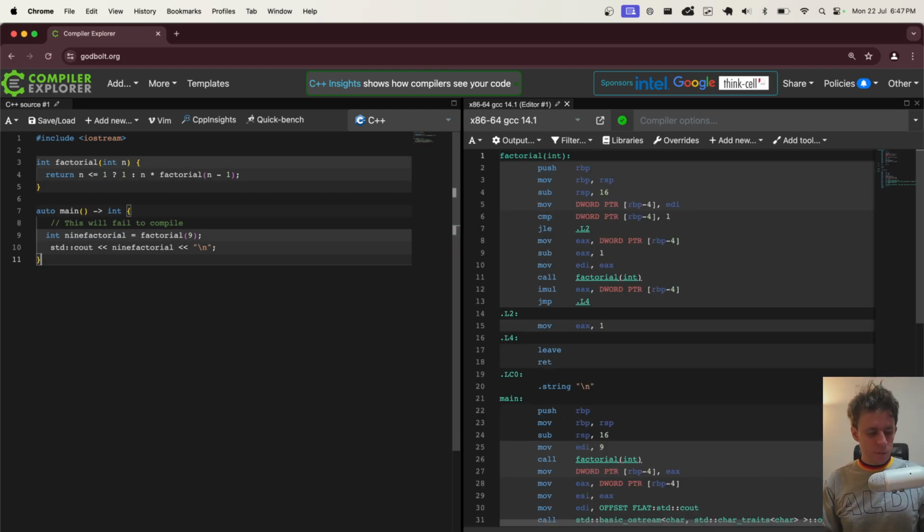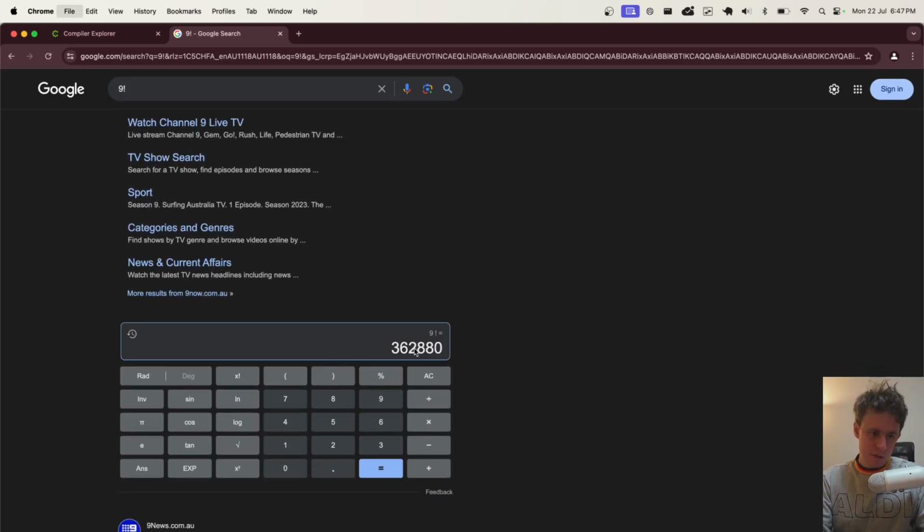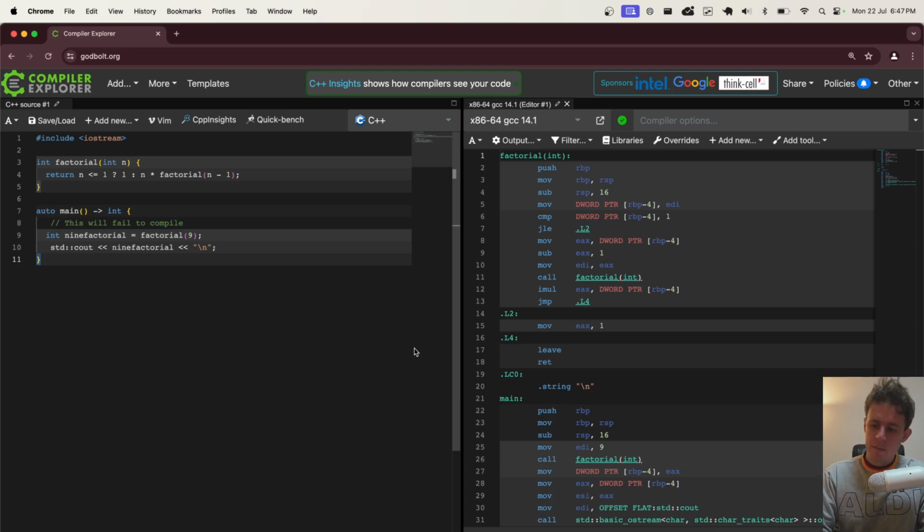However, what's interesting is there's some problems like this where sometimes we need a value like 9 factorial, but there's nothing external that it's dependent on. Because if you think about a lot of programs and functions, a lot of them are dependent on external input-output. They're dependent on things like what the user typed in on the terminal, what we have read from the database, what we are pulling from the network. But in this case, 9 factorial is knowable right now. I could calculate it, right? Like I could just go to Google and type in 9 factorial. It's like 360,000. So why does it make sense to have a program that outputs the instructions for something that's totally deterministic?